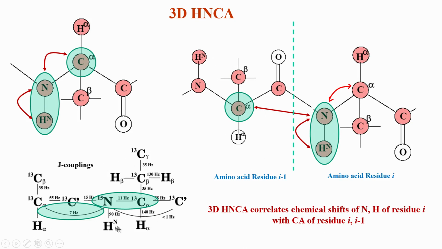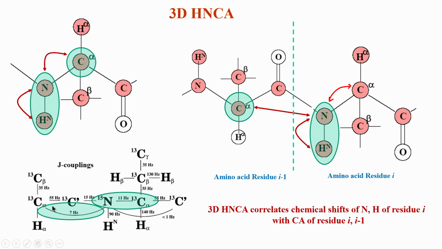So, this is the same picture which I showed you a few slides ago, these are the values of all J couplings. So, you can see that N to C alpha of the same amino acid, that is this side here, is actually 11 hertz, but if you go this side that is also almost close, not very different. So, when I tune my J coupling for this value, my INEPT is also getting slightly tuned to this also. So, it is not possible for me to only go to this carbon or this carbon. When I go from nitrogen to C alpha, it will go in both the directions because the INEPT which I will design cannot be tuned specifically for only this transfer.